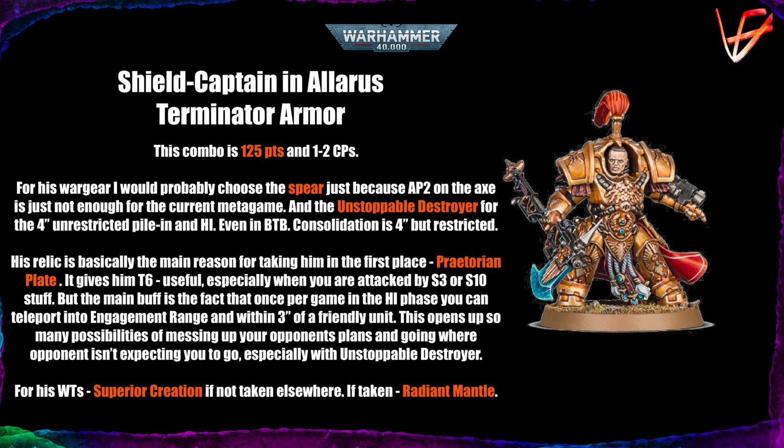So this opens up so many possibilities of messing up your opponent's plans and going where your opponent isn't expecting you to go, especially with that Unstoppable Destroyer Captain Commander trait. I've seen this combination being used, and you can't imagine how devastating that can be when you can, for example, base an opponent's unit model out of nowhere, where they absolutely did not expect your unit to appear